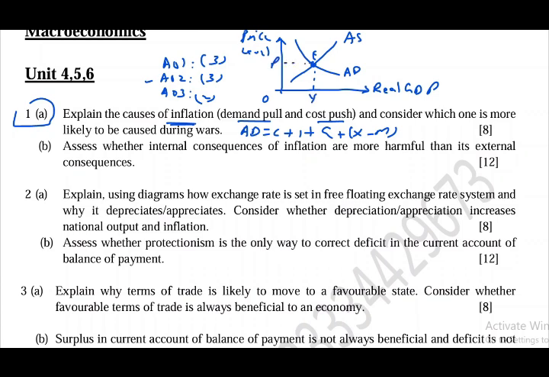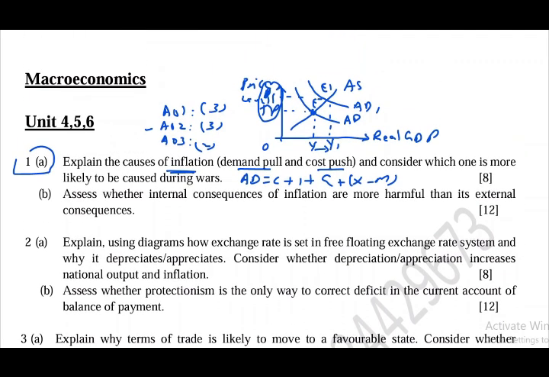Now if there is a rise in aggregate demand, then the aggregate demand curve will shift to the right from AD to AD1. Equilibrium will move from E to E1, where GDP will rise from Y to Y1 and price level will rise from P to P1, right? So this is P1. So the rise in price from P to P1 is demand pull inflation. And next is cost push inflation. Cost push inflation is caused when there is a fall in aggregate supply in the economy, and you can make the diagram like this. Okay, so this is price level, and this is aggregate demand AD, and this is aggregate supply AS.